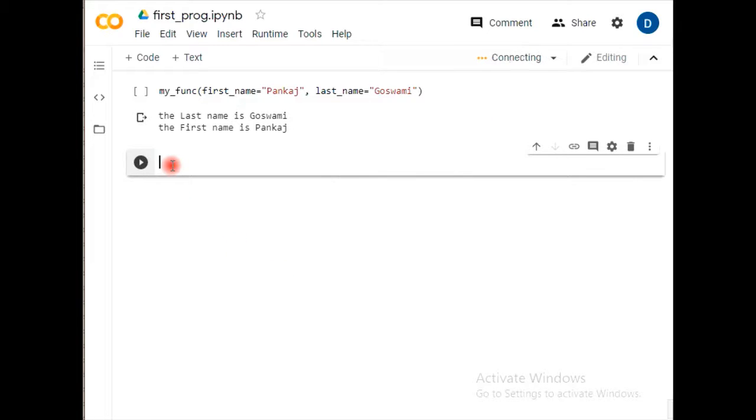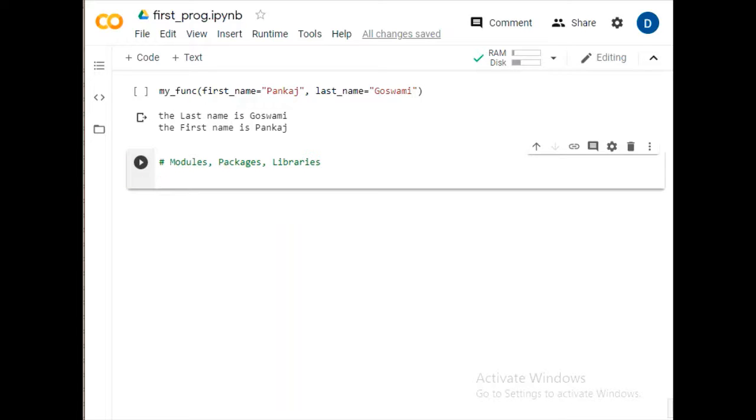So we have a target here, hash, to understand about modules, packages and libraries. This is basically the target we are going to study today.